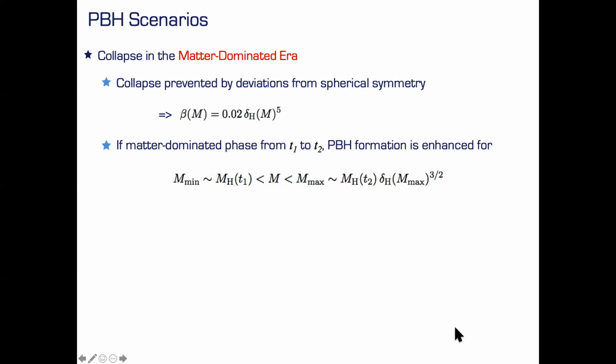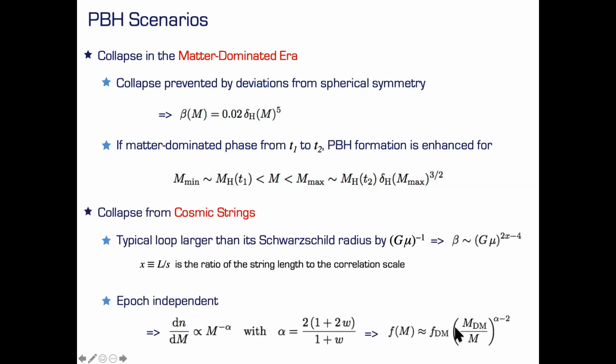And in this you have, like matter, no pressure. And when you have no pressure, of course, there's nothing from this side to prevent the collapse, but the calculation is actually a bit different. So you have suppression by deviations from spherical symmetry. But nevertheless, it doesn't go exponentially down. Like I said before, it is when we have radiation domination, but here you have a power law dependence. Still small, but it's much larger, it's not as suppressed as it is in radiation domination. And you can do a precise calculation about the range. Let's not go too much into details.